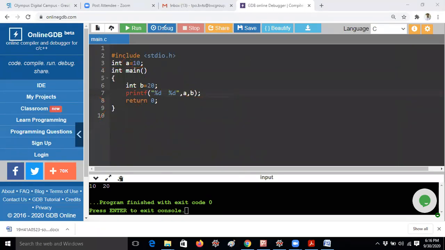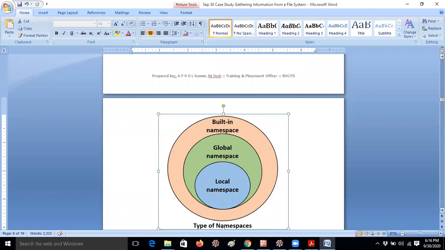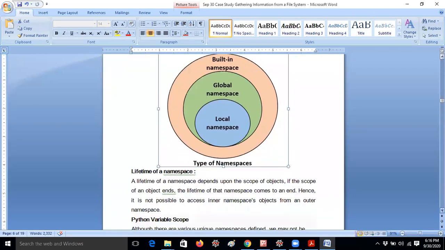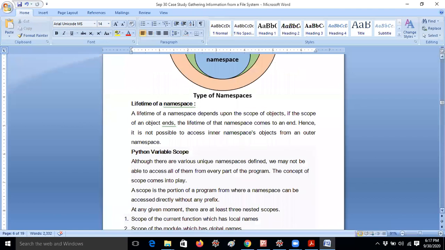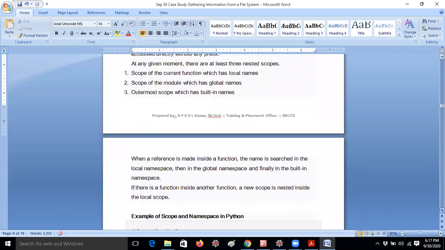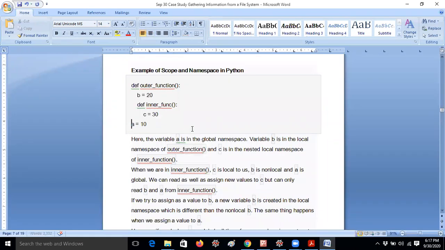Okay, so I think many students already know about that. Till now we have discussed functions, and we have already completed the functions. But we have some more concepts with respect to the global space and local namespace. Now I will tell you the difference between a local namespace and a global namespace. But I don't want to tell you all the definitions, please, you can go through the notes. I always like to give examples with example programs only. If you are not understanding the examples, you can ask your doubts, no problem.